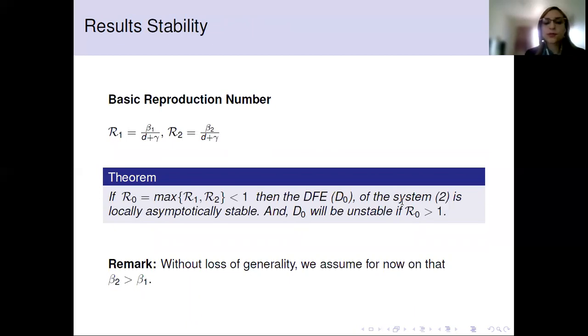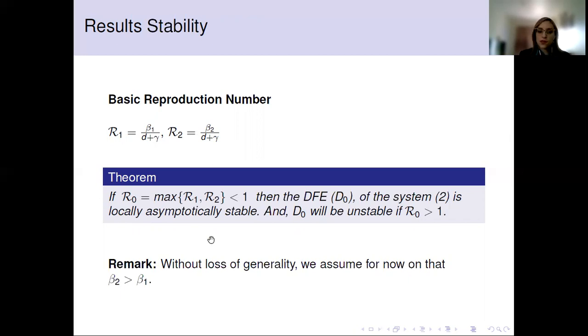I'm going to tell you about the basic reproduction number. We define mathematically the basic reproduction number for each strain. So the maximum of these two will be the basic reproduction number for the model. These thresholds, the basic reproduction number and invasion reproduction number, are going to define the stability of